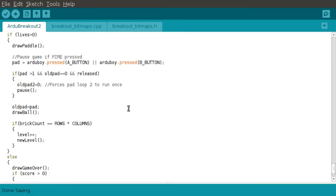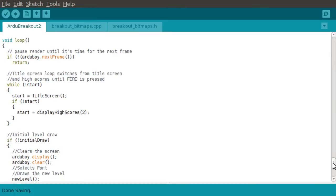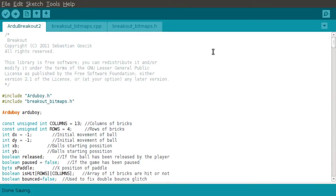And we got the number of lives in there. So I think that's going to be the changes that we're going to try first. So then we'll go up here and we'll click the upload. It's going to recompile and then upload to the Arduboy. And if I didn't make any serious mistakes, and we get